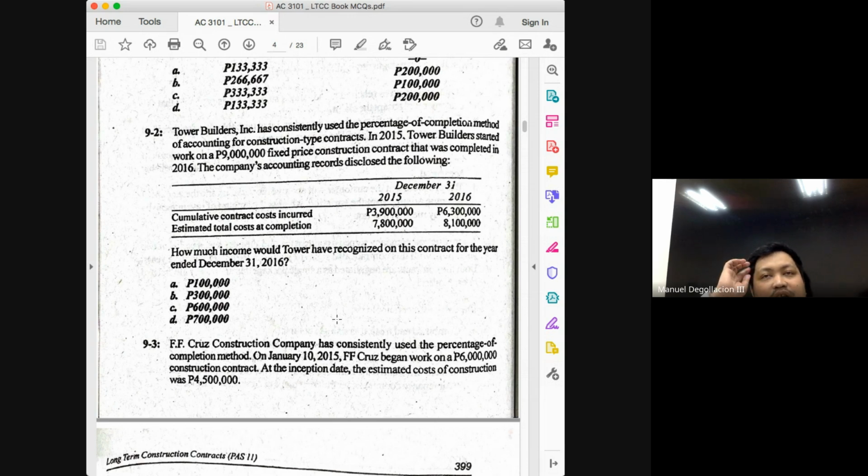Because if it's not a good percentage, class, you use the fraction. But I think you'll encounter more problems with a good percentage than not. But there are also problems that will ask you to round off, class. If the problem tells you to round off the percentage to this number of places, then you follow the problem. Okay? But as much as possible, no rounding off. As much as possible, no rounding.